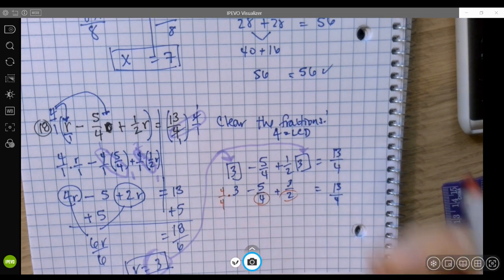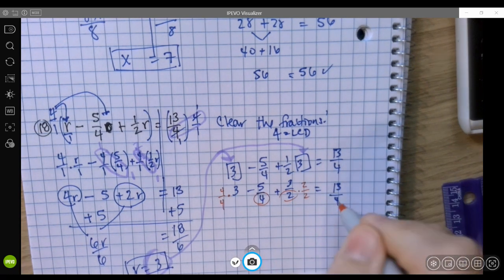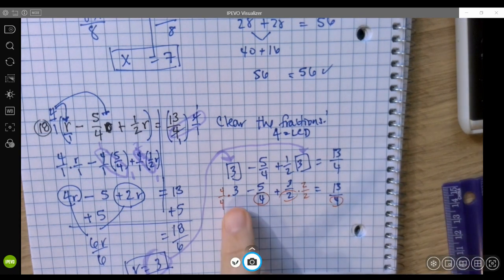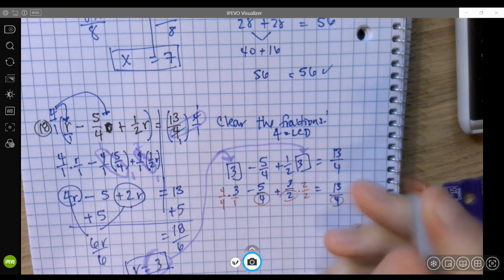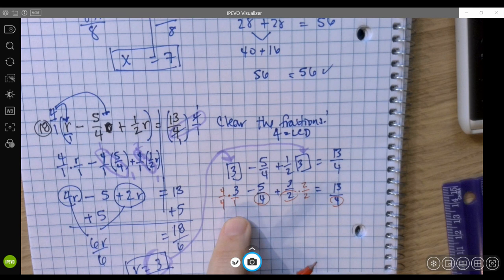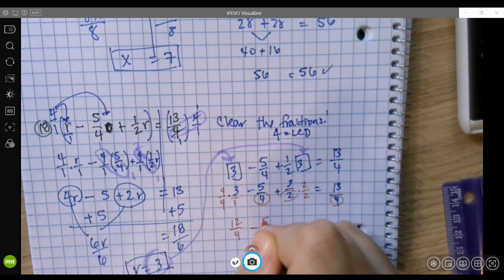I have 2 here, so I need to multiply this one by 2 over 2, and I'm already at 4 in my last one. So I need to get a common denominator, but for this problem, it's not that hard. Okay, so 3 is the same thing as 12/4. 4 times 3 is 12. 4 times 1 is 4. So 12/4 minus 5/4